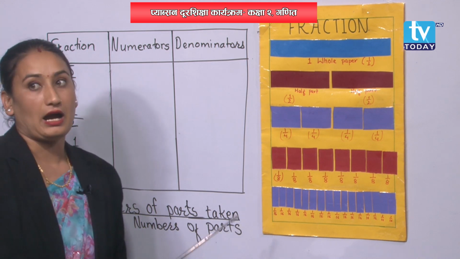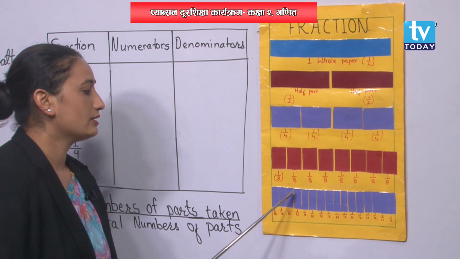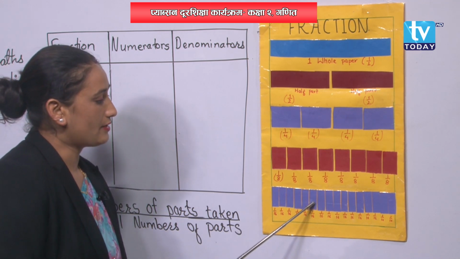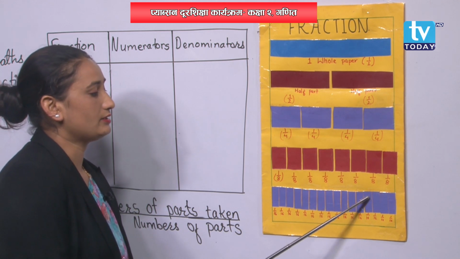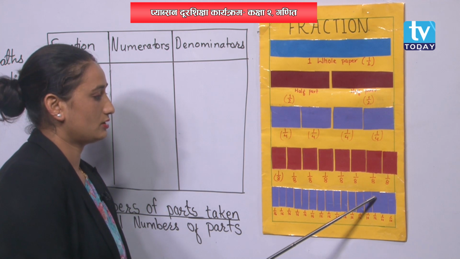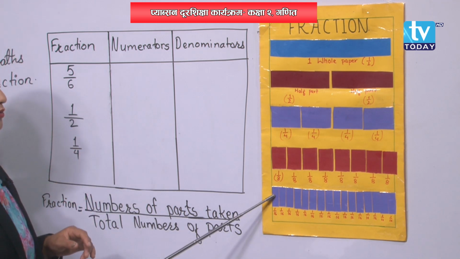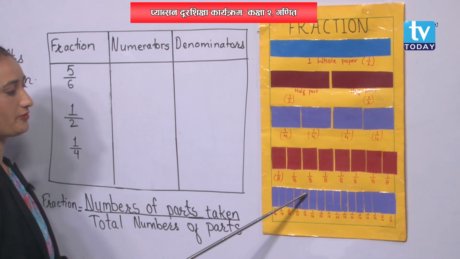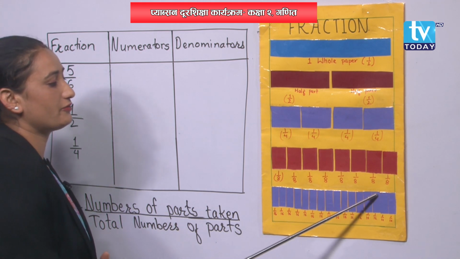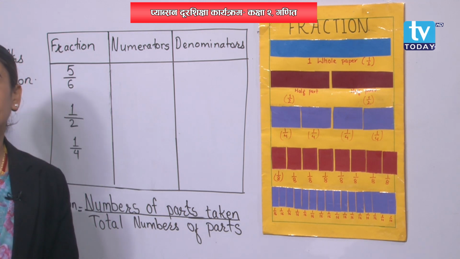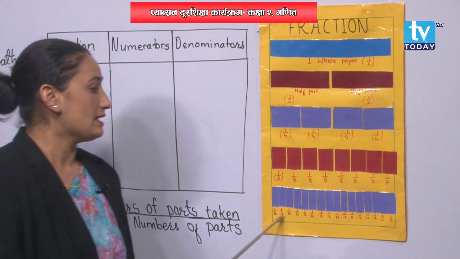Now see here, are there 16 papers or not? Please check it out. 1, 2, 3, 4, 5, 6, 7, 8, 9, 10, 11, 12, 13. Once again, 1, 2, 3, 4, 5, 6, 7, 8, 9, 10, 11, 12, 13, 14, 15, 16. Are you getting me? Now all this paper is divided into 2 parts, then it becomes 16.